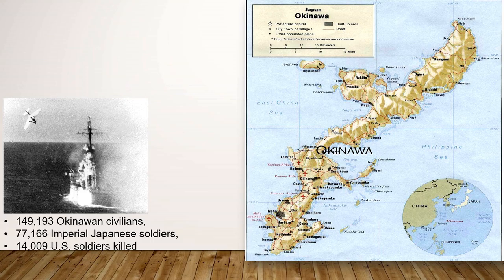Okinawa is a tiny little island. If you look at this, it is about 67 miles long, so about the distance to the south side of Austin from here. And at the narrowest point, it's only 3 miles. The widest point's 12 miles. So this is a very narrow rope in the sea, very mountainous. It's a beautiful place if you ever get a chance to go there. It's kind of like Hawaii. And it's